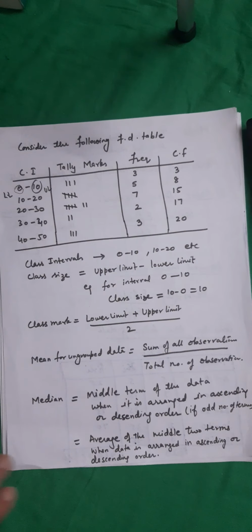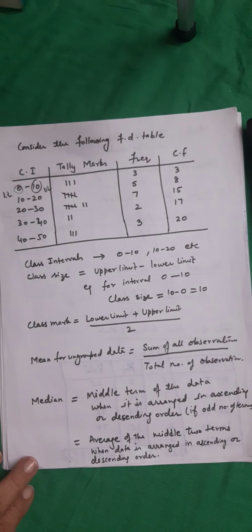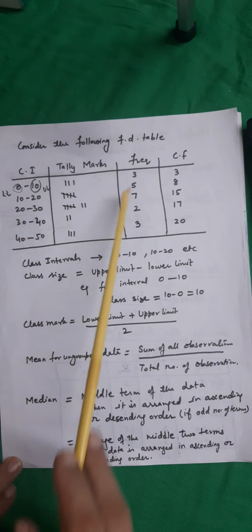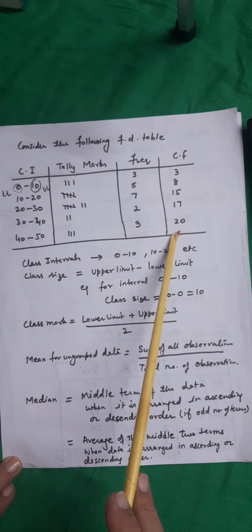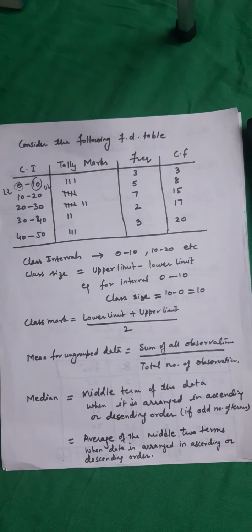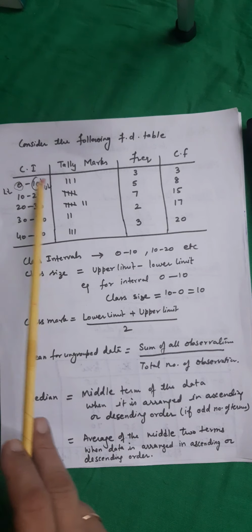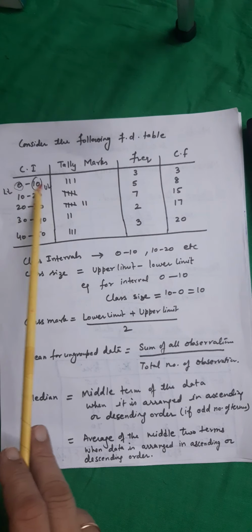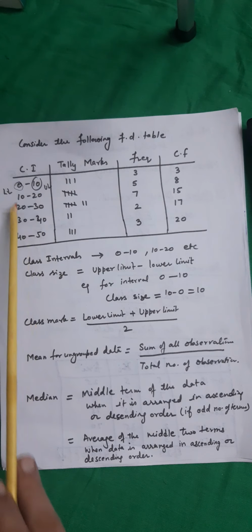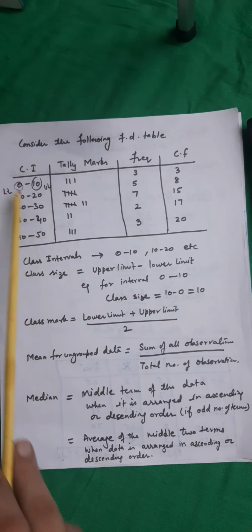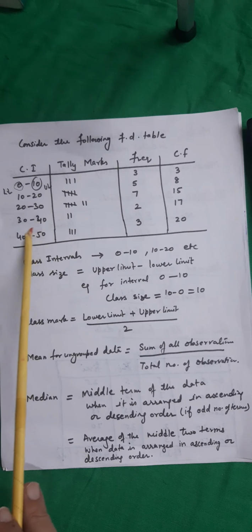Consider the following frequency distribution table. In this table, these are the class intervals, these are the tally marks, and this is the frequency and cumulative frequency. Now, whenever the data is grouped, we try to form intervals like this, in which the lengths are the same. That means the gap between the lower limit and the upper limit remains the same. This kind of class interval is known as continuous class interval, where we do not leave any gap between the